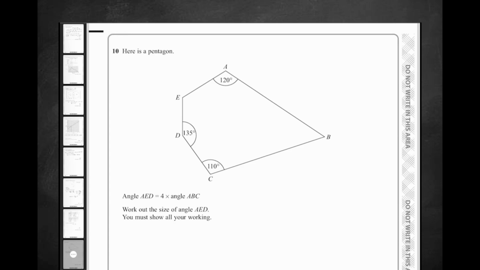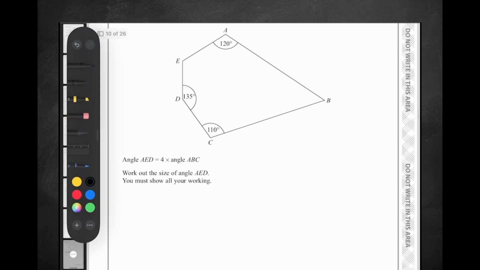Here is a pentagon. Angle AED equals 4 times angle ABC. Work out the size of angle AED. You must show all of your working. So first thing I'm going to write down, angles in a pentagon add up